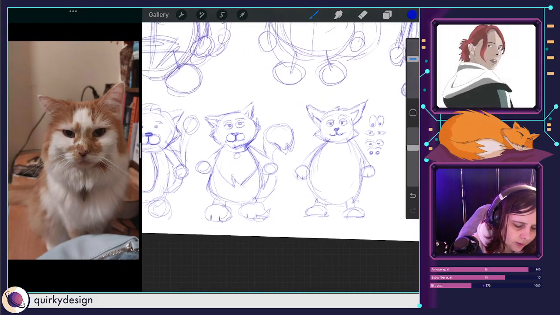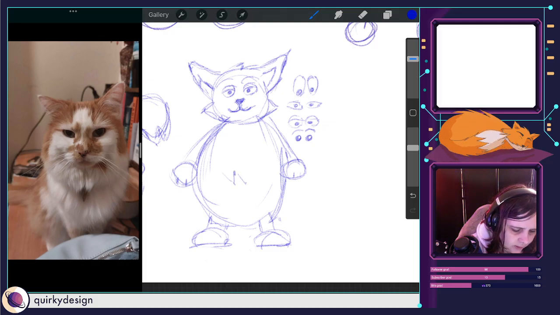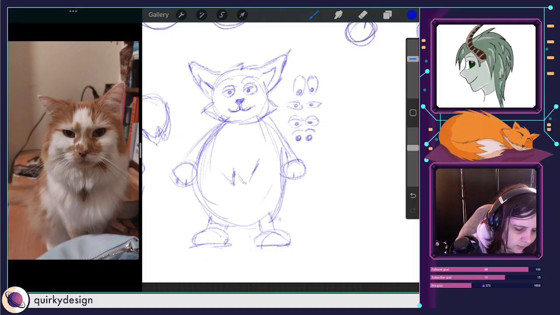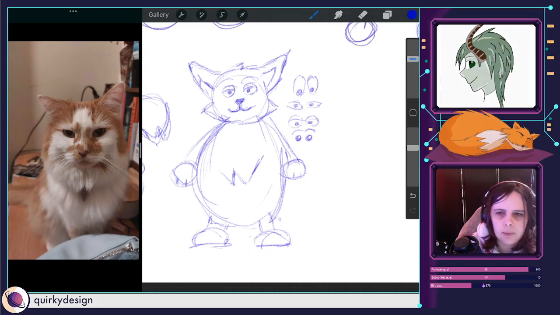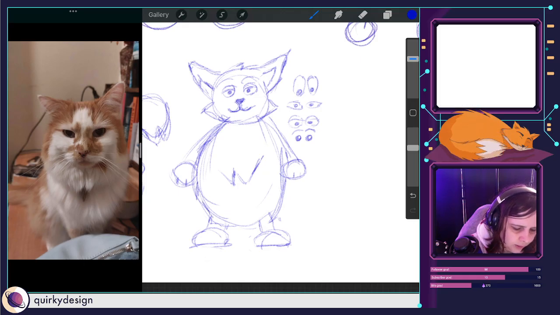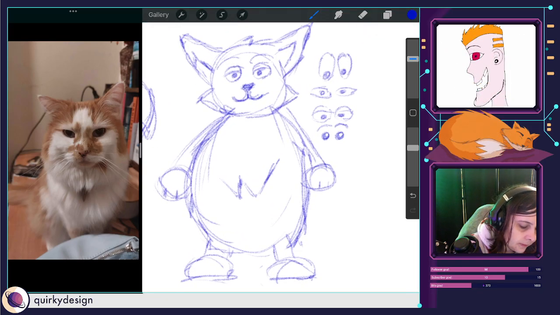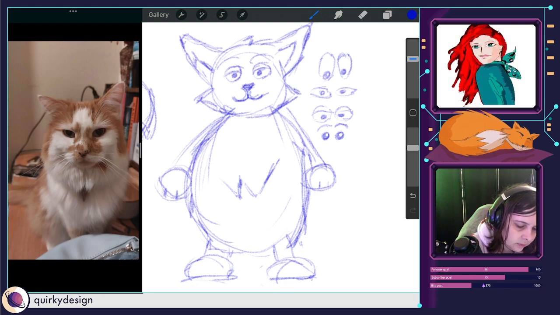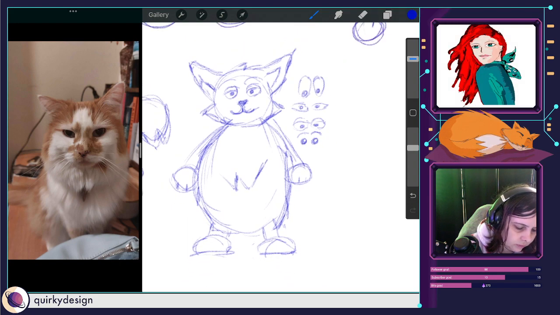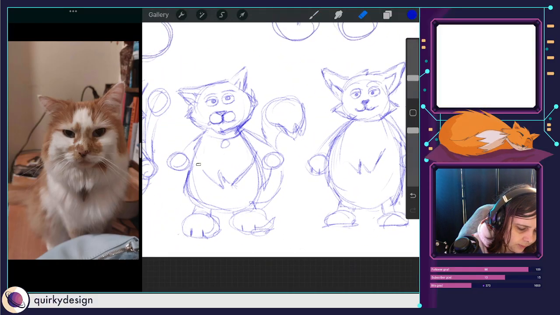So I could have little indication marks here to give the idea that he is very furry, bushy, and then just rework it here to give the idea that he's quite fuzzy. Kind of like the idea of that. Maybe that would work on there.